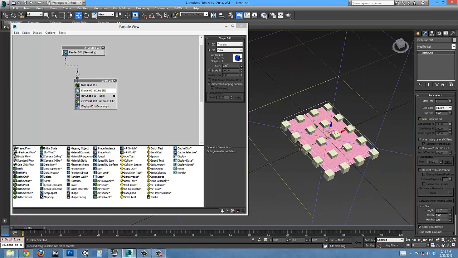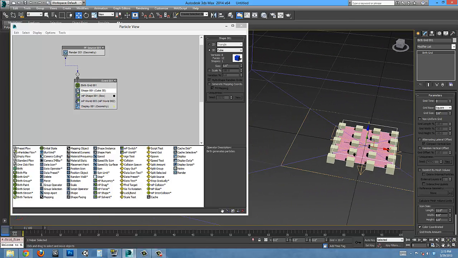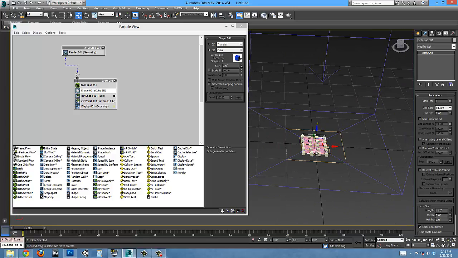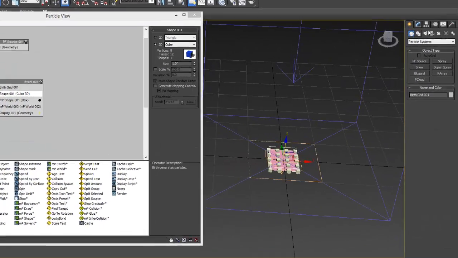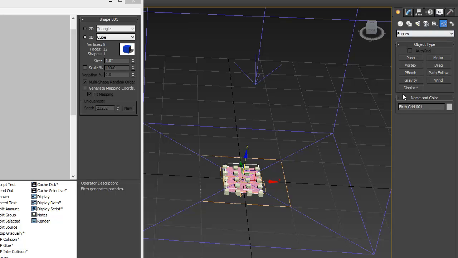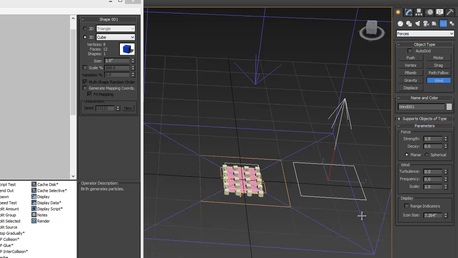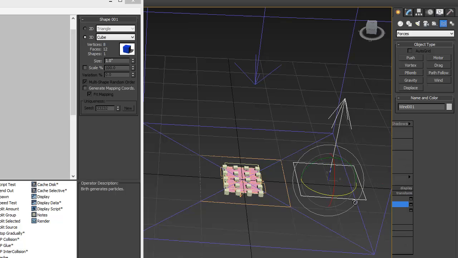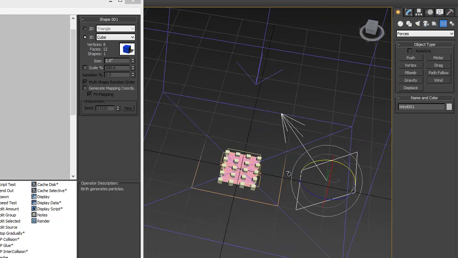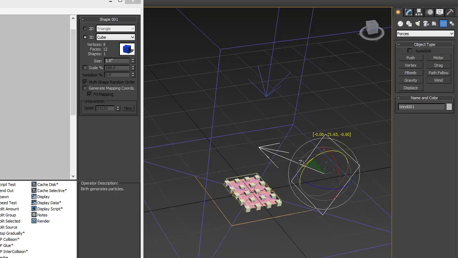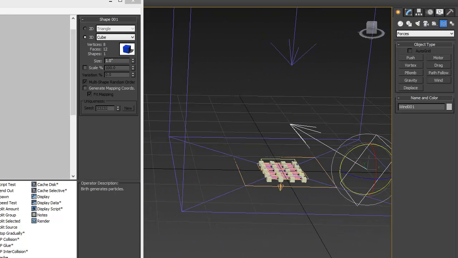Now, to test how these boxes behave, what we can do is add a force. You would add a force just like you would with a normal particle system, but we're going to use a different controller for it. So in here, what you would normally do is go to force and drag that in, but because we want this force to react to physics, we're going to use this mParticle force. I'm going to drag that in,